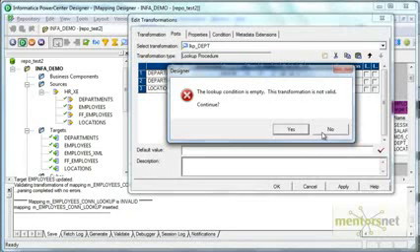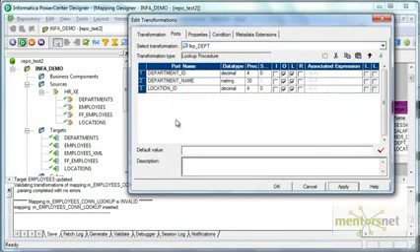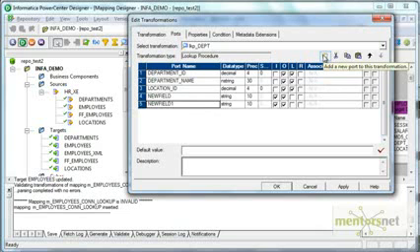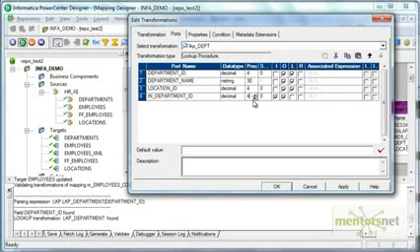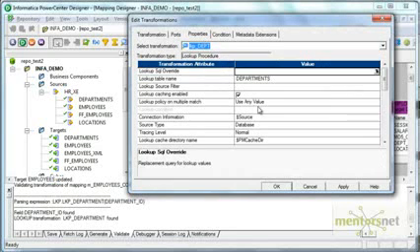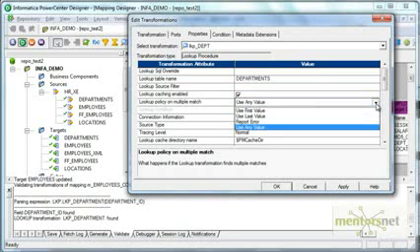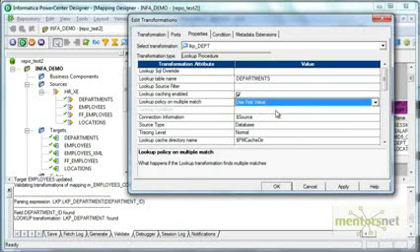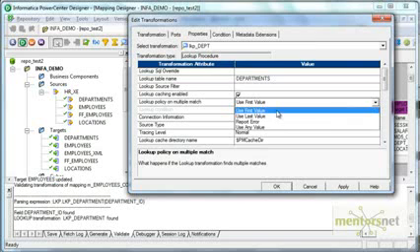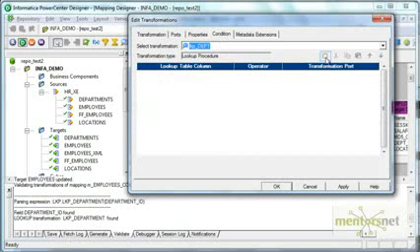The lookup condition is empty, it says. So let me create an input port for department ID with decimal 4. This is only my input port, and this is only my lookup port, and these two are my output as well as lookup. The four values which we configured earlier for unconnected lookup also apply to this. So I'm going to leave this as use first value, and now I'm going to give the condition for the lookup. Yeah, this is a correct condition: department ID equal to in department ID.